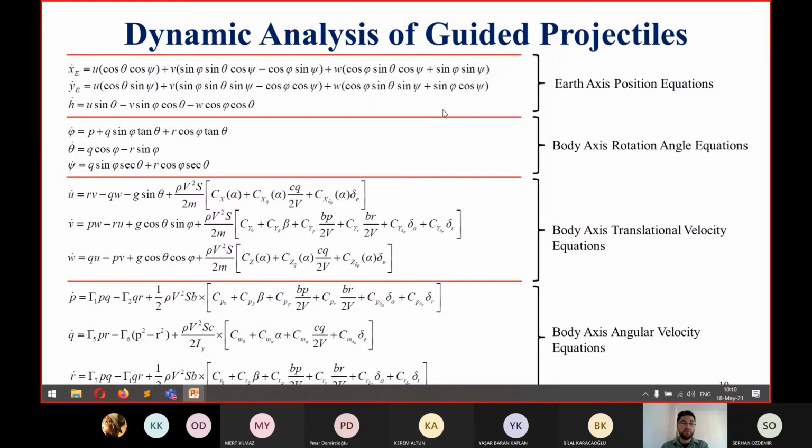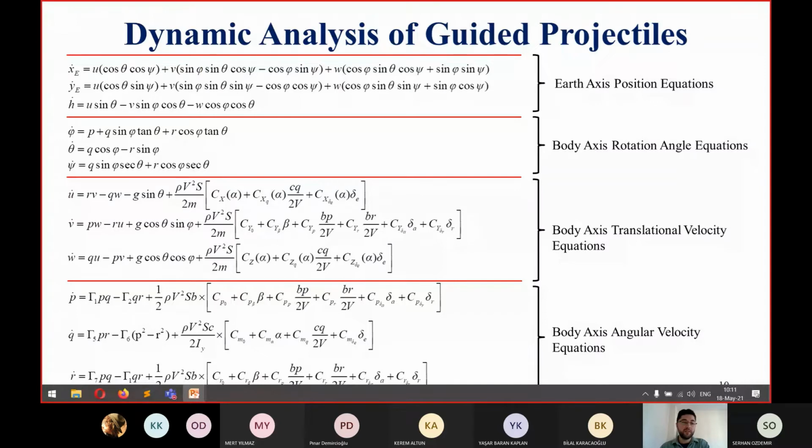And this is the complete equations of motion for 6 degrees of freedom for a projectile or any aircraft. As you see, most of the terms are Euler angles, and the most critical parts are Cx, Cy, Cz, etc. These are aerodynamic stability derivatives. These are combinations of lift, drag, and yawing moment coefficients. These coefficients are specific to any munition. As you guess,